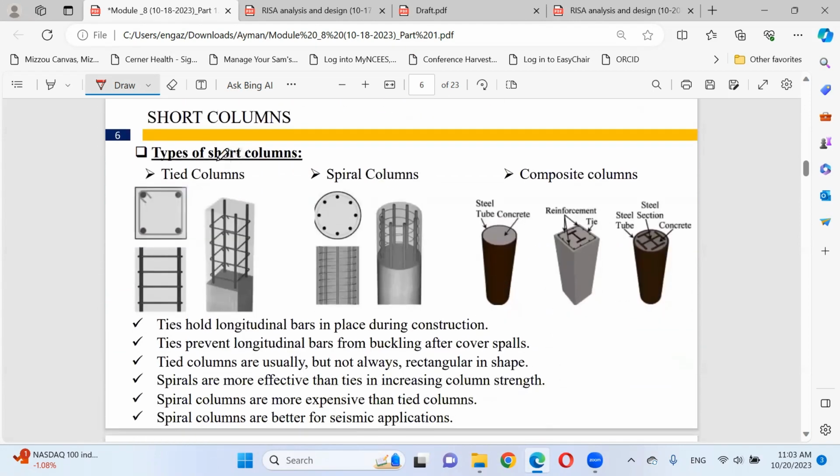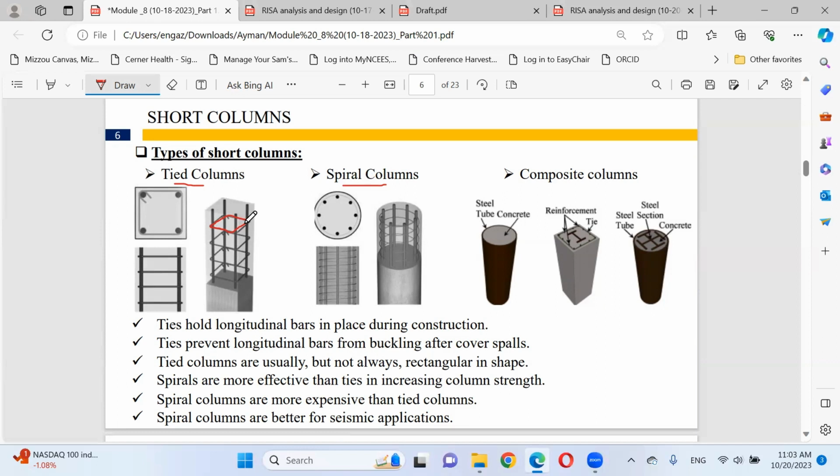For the short column, we have two main types, tied column and spiral column. The main difference between the two types is how you provide the transverse reinforcement, the ties, the stirrups. In the first one, the tied column, the stirrups are separated.